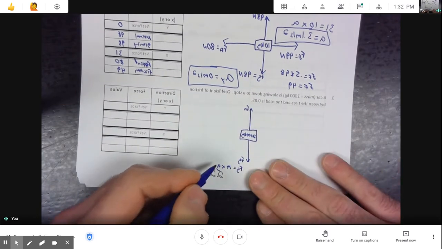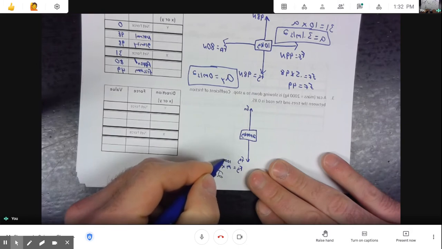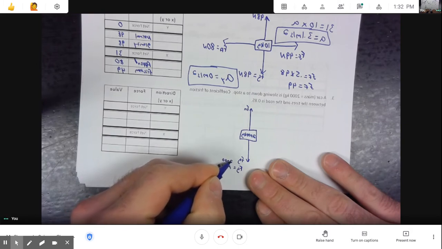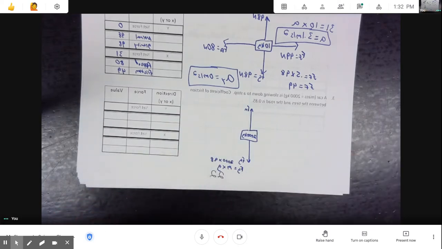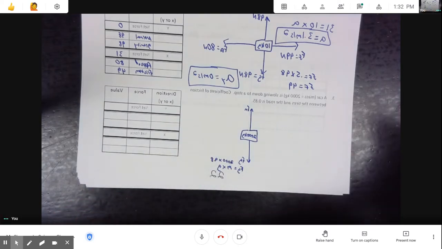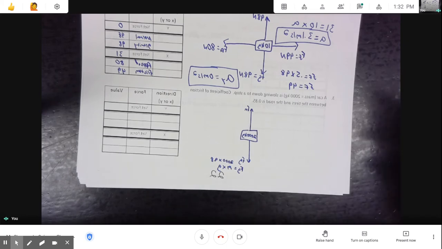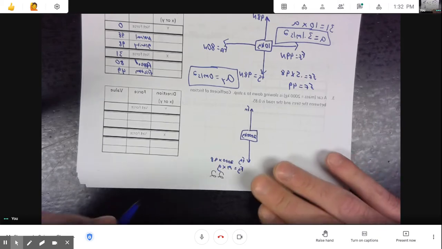The mass of our car is 2,000. Gravity is always 9.8 on Earth. So if you do 2,000 times 9.8, you get 19,600